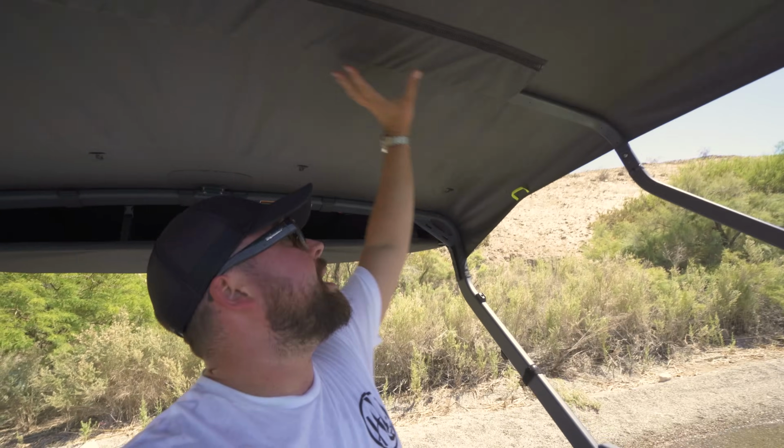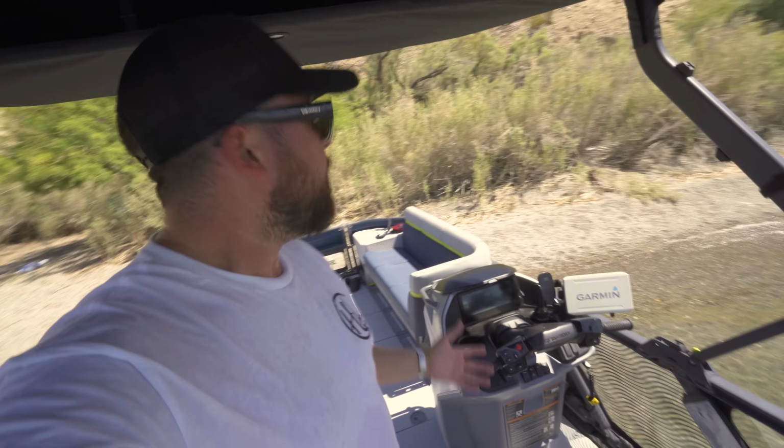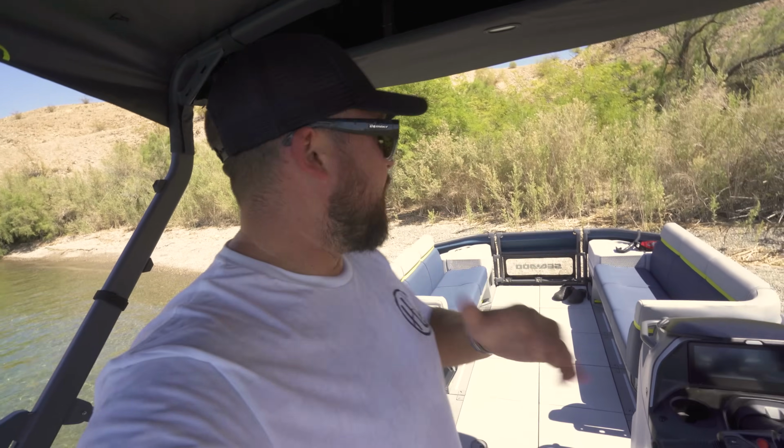Then you've got this bimini, which is great. I was actually umming and ahhing over getting the full bimini, so there's another one that mounts on the front here, and so this whole portion would be covered too. But honestly, now that I've actually been out on the lake with it, this is perfect because you've always got great shade under this back section, especially when I'm driving. But if people do want to go and sunbathe on the front, you can do that. So I've not had the boat full of 10 people yet where these people would be stuck out front without shade, but honestly, I don't think I am going to do the full